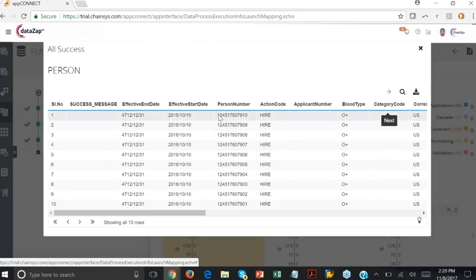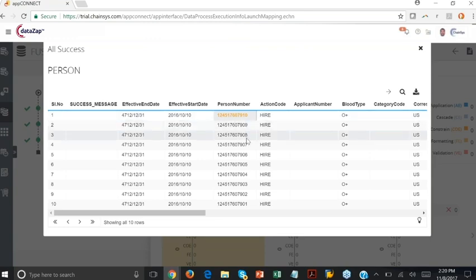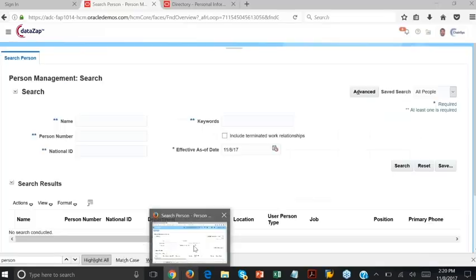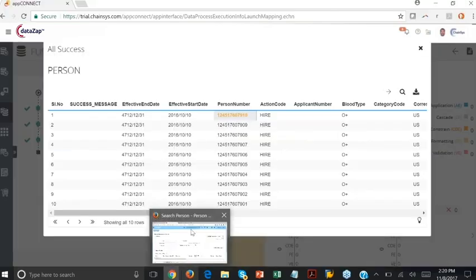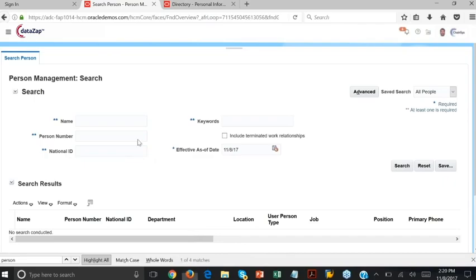As you can see, I usually want to do a search according to person number. So it looks like it starts with a 124. Looks like that's the prefix that we have entered. So let me quickly go into the Fusion instance. I think I should have already logged in. Let's see, 124. Right, so I just do a quick search for 124